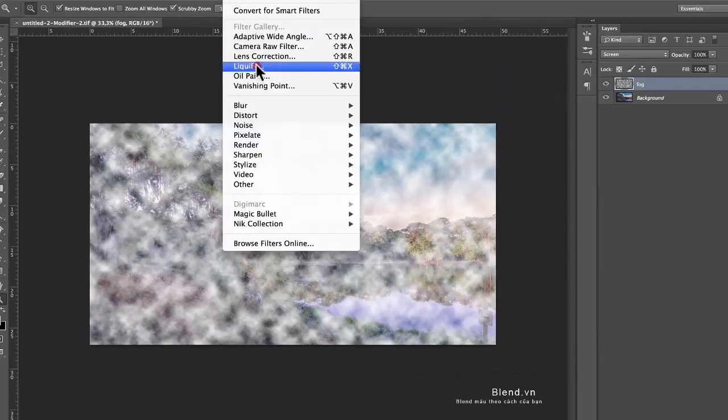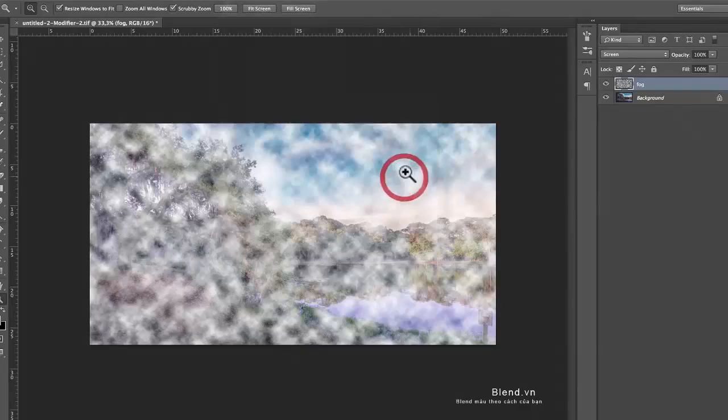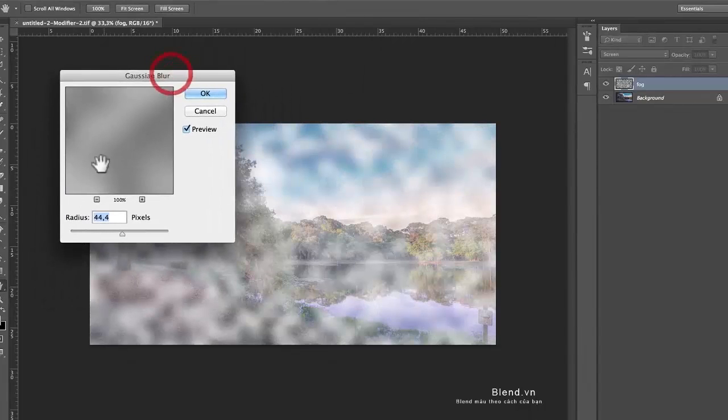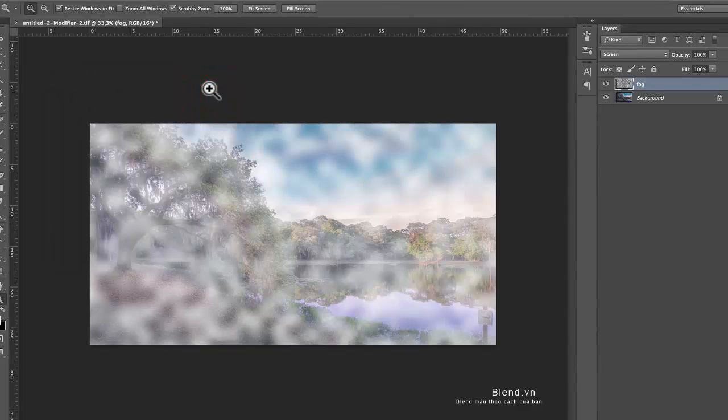Next, you're going to go to Filter, Blur, Gaussian Blur. And that's just going to make a blur. And I usually do between 40 and 50, depending on the resolution of your photo. You got to give it a try, but I'm going to go for 44. Click on OK. Then I'm going to, with the zoom tool, pressing Z for zoom tool, pressing Alt to unzoom,